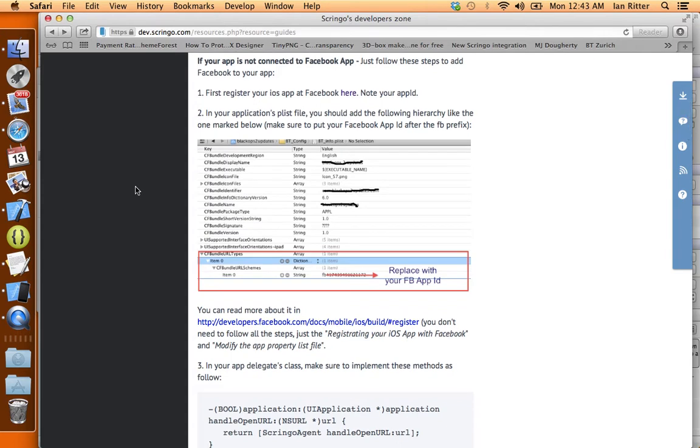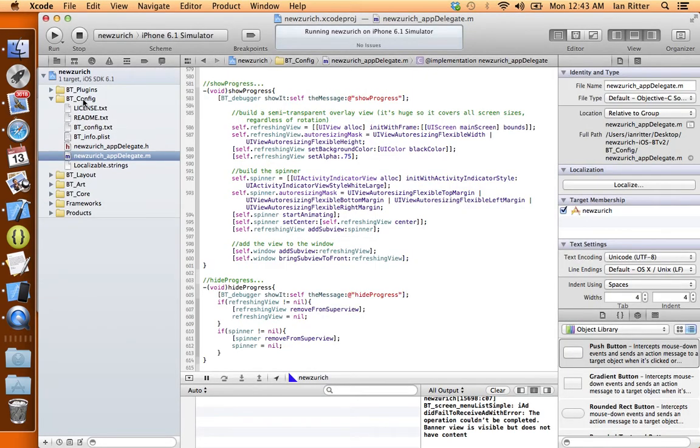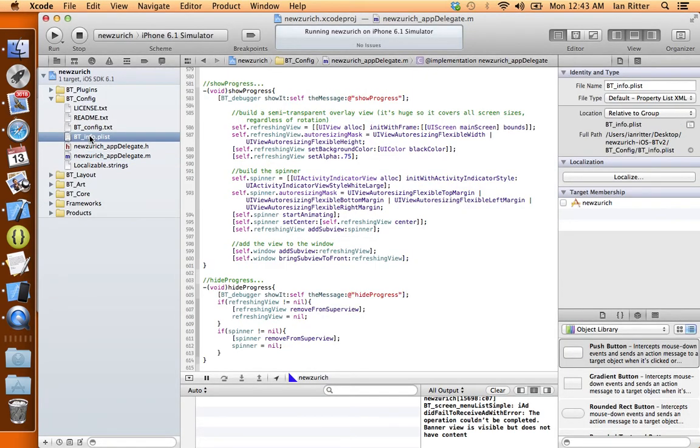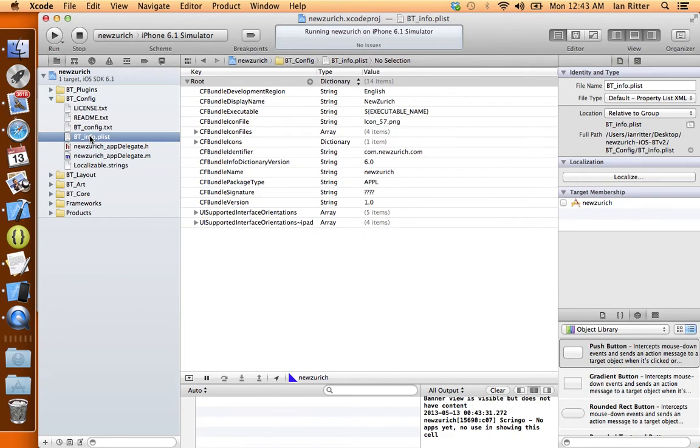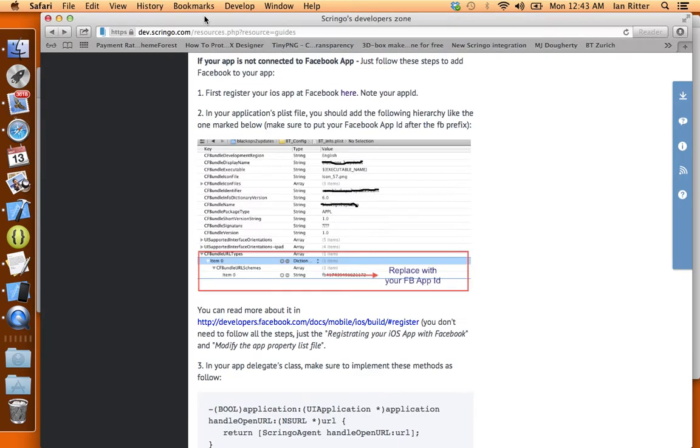So let's head back to the Scringo instructions. And it says it wants us to add some stuff to our .plist file. And that's over here in your config folder, your btinfo.plist, and it looks like this here, and we want to add some properties here. I'm going to show you a shortcut on this. So I'm going to minimize Xcode,